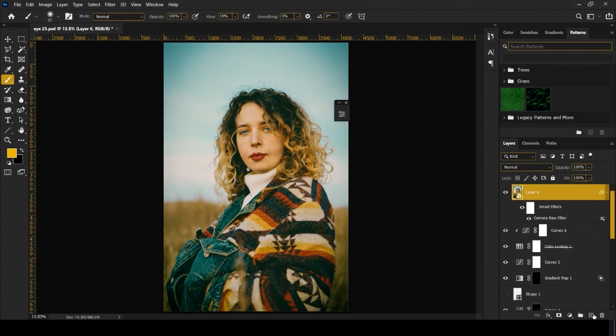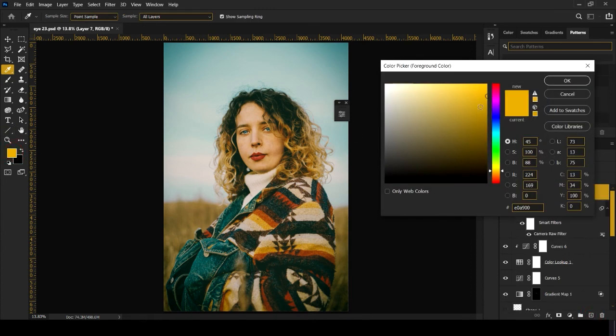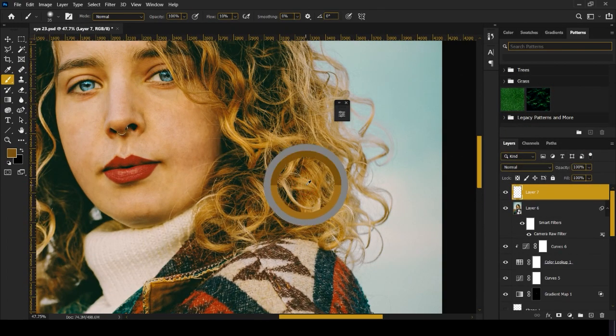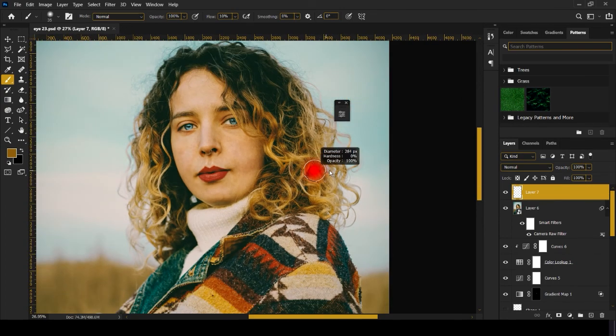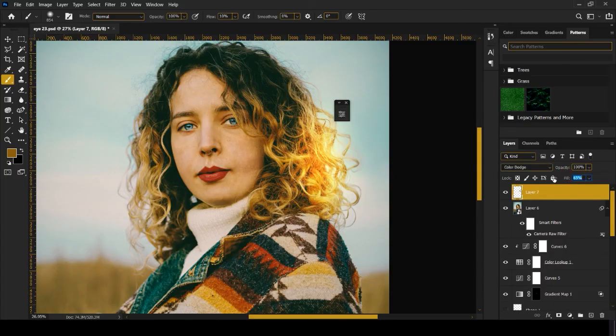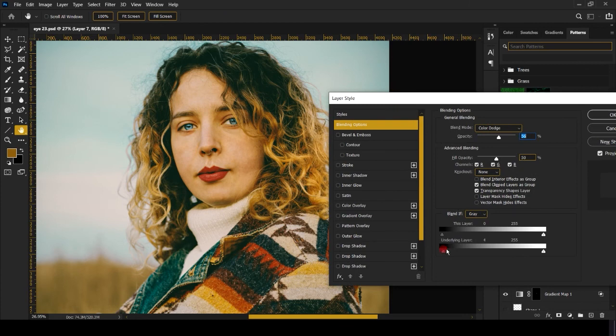So now we'll add some adjustments here and there. I will take a layer, I will take a brush with a bit golden color, or you can sample the color of her hair. Just sample this color, take a brush and then just slowly paint on her hair. You can change it to screen or color dodge and then reduce the fill and followed by the opacity. You can apply it only to the highlights by using some blend if. Take the left point slider to the right, split it and click on OK.